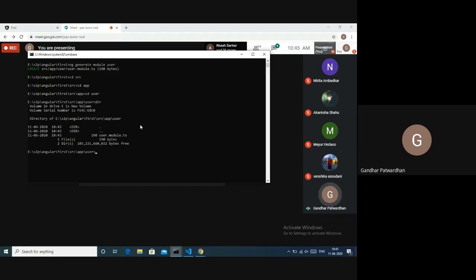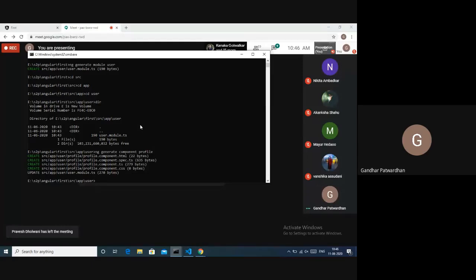Now inside the user folder, I will generate my components. We can call this component by saying ng generate component, and let me call it profile. So this is one component which I am generating.